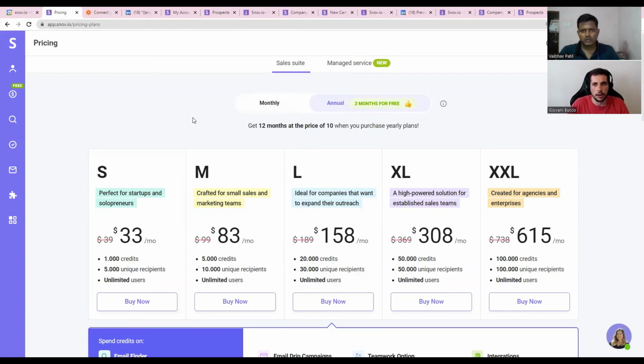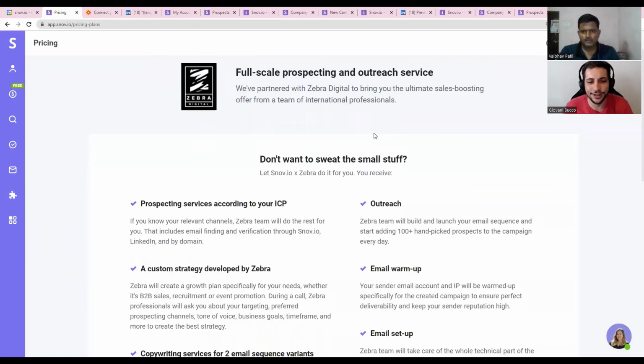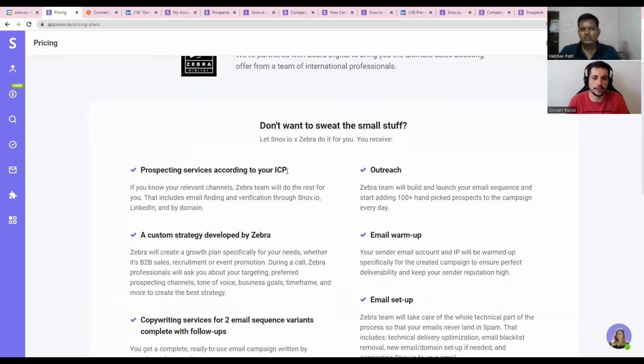Okay. What are managed services? Oh, so yeah, for the managed service, we have Zebra. We don't have that for Brazil, but for worldwide, Zebra is an agency. So let's say I don't want to make Snov.io work, I just want something to do that for me.